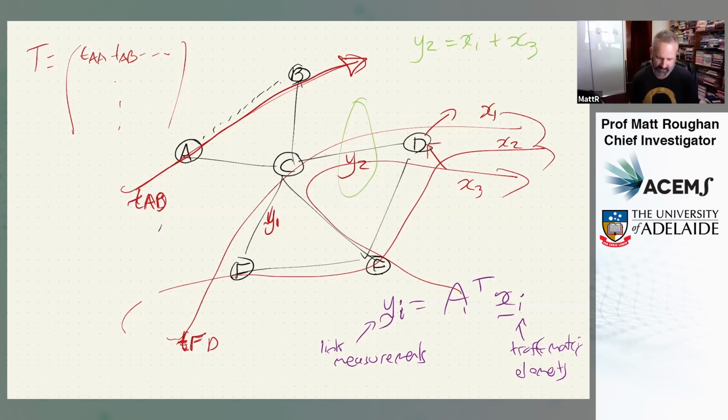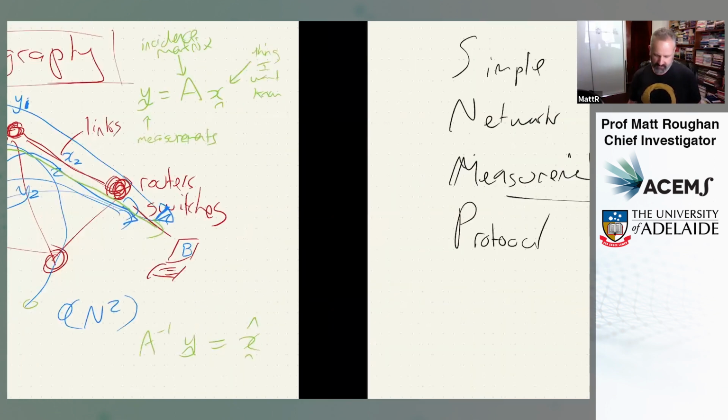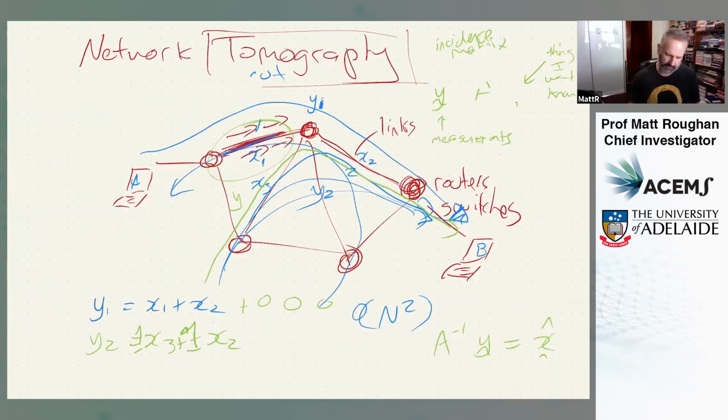A is, once again, an incidence matrix. The really cool thing about this is that I've written this as A transpose. That's deliberate because A transpose is the transpose of this A that we talked about in the network tomography problem. And in fact, both of these problems originally were called network tomography because they're both the same type of problem. They have exactly the same structure. They use the same incidence matrix, just one is the transpose of the other one.